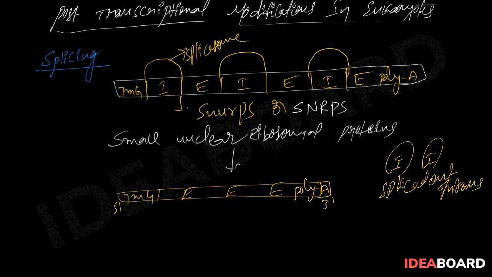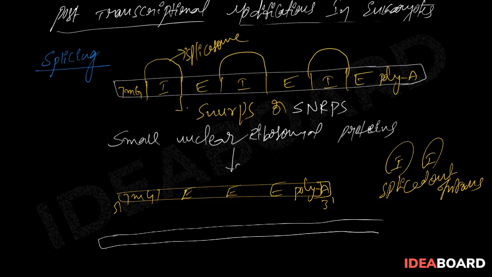Along with the 7-methylguanosine cap and poly A tail, the fully processed mRNA generally has non-coding regions also present. 7-methylguanosine is followed by a non-coding region, and before the poly A tail another non-coding region is present. Before the start codon there is one non-coding region, and after the stop codon another, non-coding region 1 and non-coding region 2, which are involved in the efficient translational process or responsible for translational efficiency.